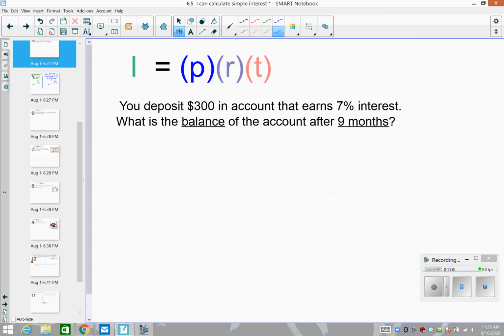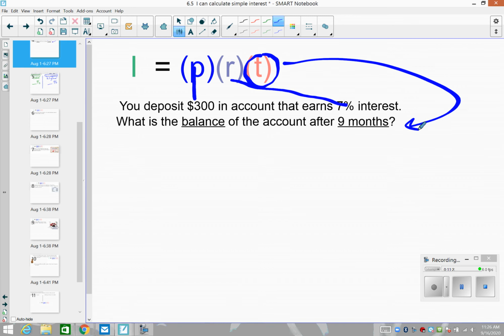You deposit $300 in an account that earns 7% interest. So the words that you should be hearing is, that's my principal, that's my rate, but I'm going to have to turn it into a decimal, and the time has to be measured in years, and we have a little situation there, but we'll figure it out. So to calculate the interest,